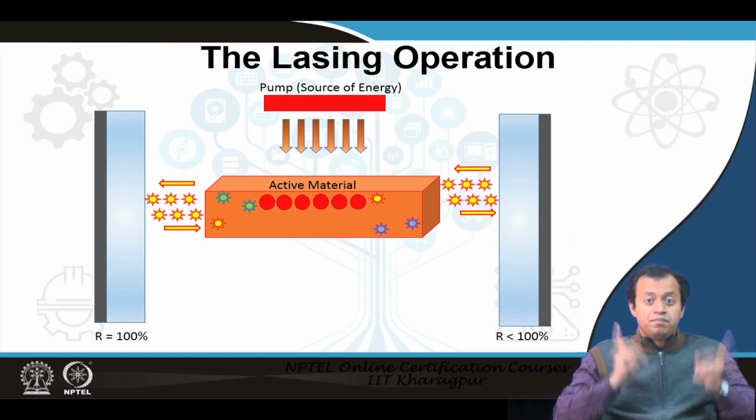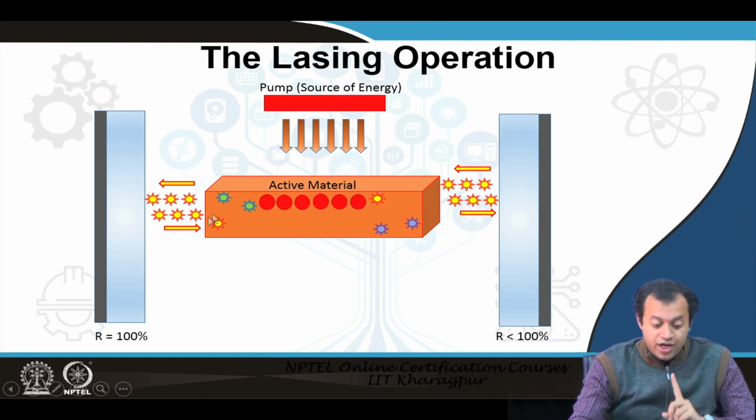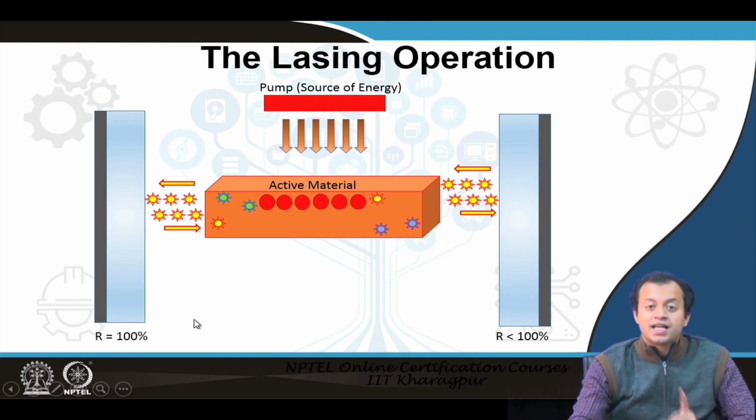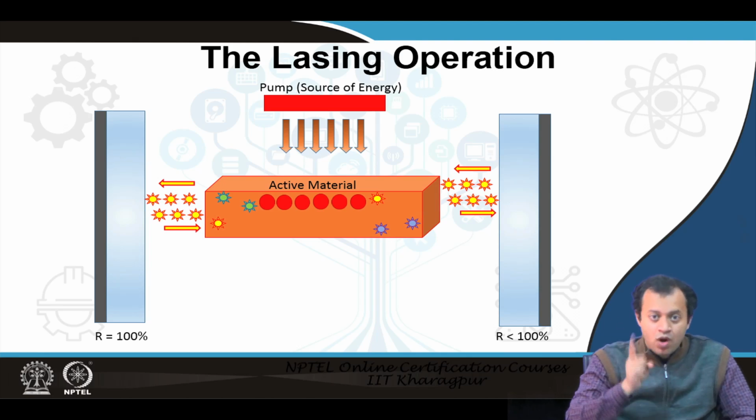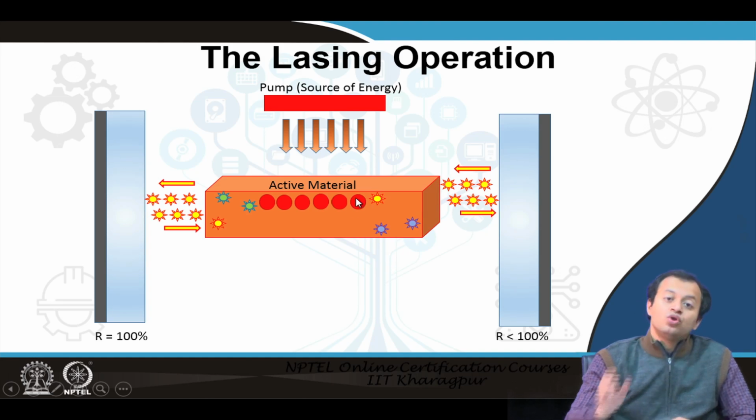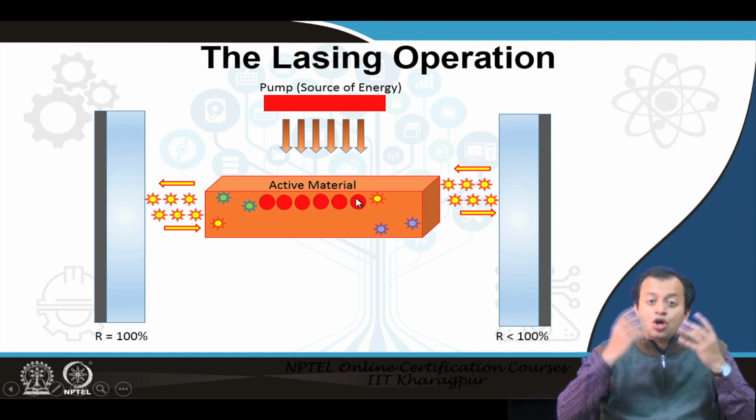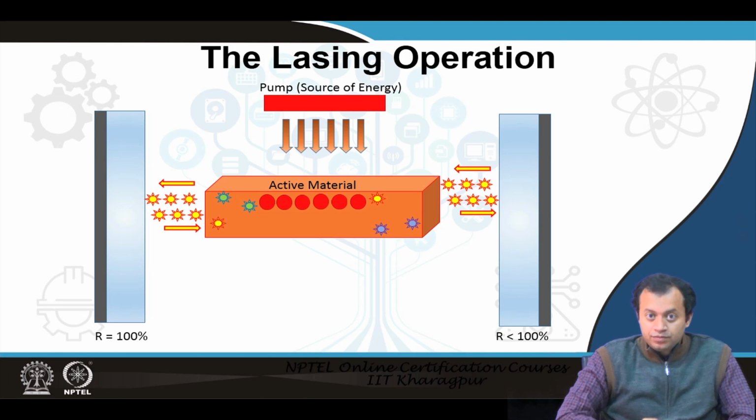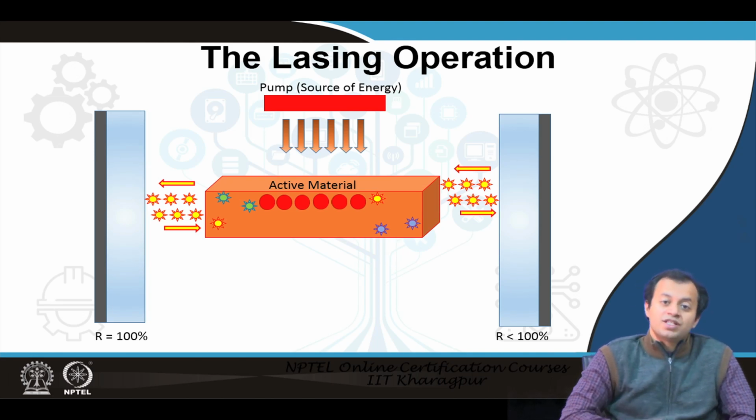And here the beauty is only one type of photon survives; the rest of the photons are killed off by these two mirrors. These two mirrors act as a filter, as a resonator, by constructive and destructive interference. It allows only one type, one frequency, one energy of photon to survive, which is the yellow one. And it will only interact with those atoms, those electrons that have consumed the same thing.